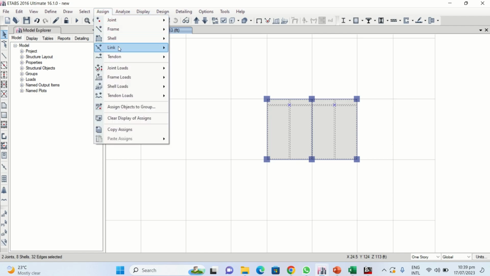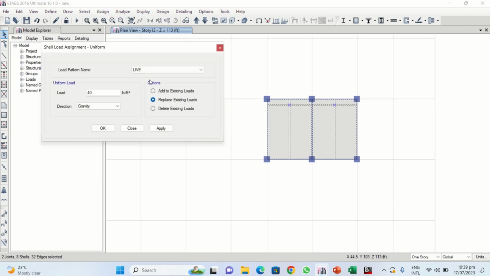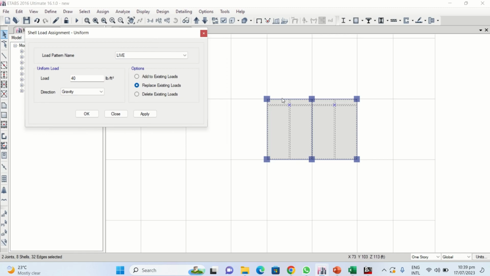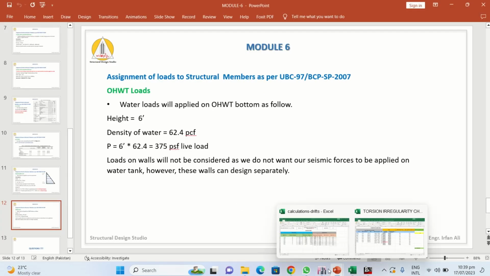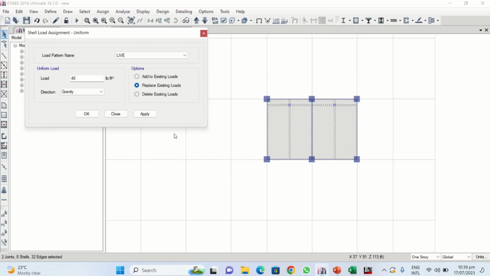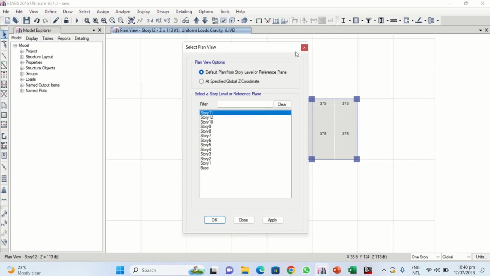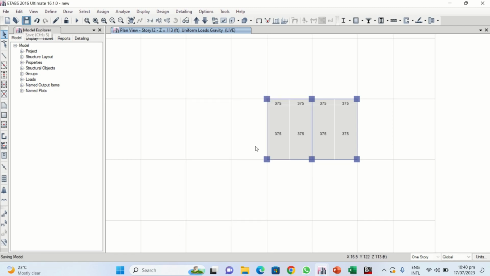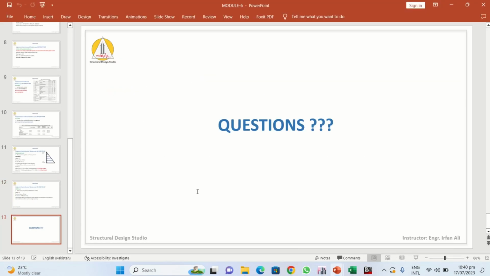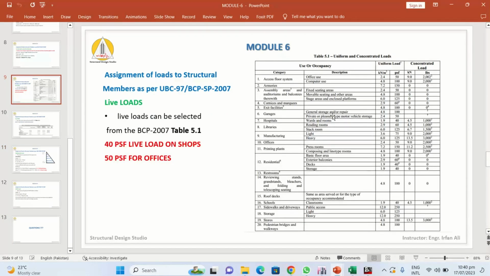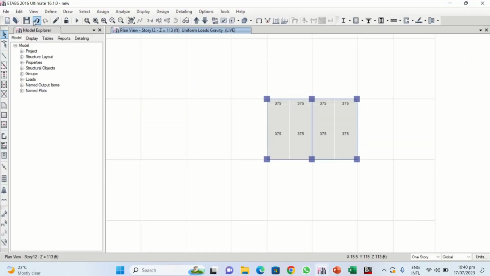We'll go to assign shell loads, uniform, because on the bottom the pressure is uniform, and we'll click on live, that actually is gravity, and how much is the load? It is 375 psf live load. So this was the whole story about assigning the different loads to the structural members, and then you have to run the